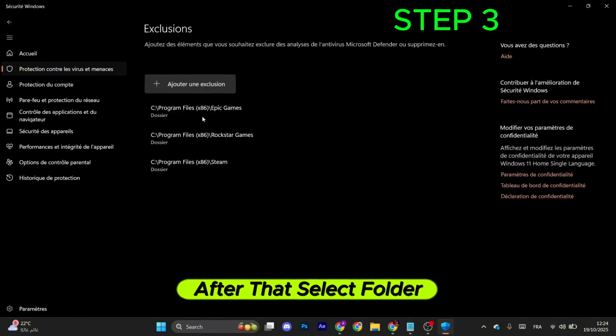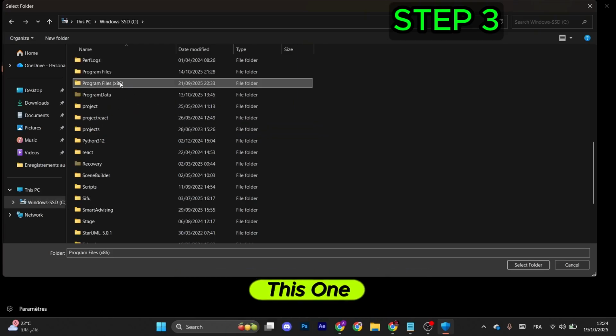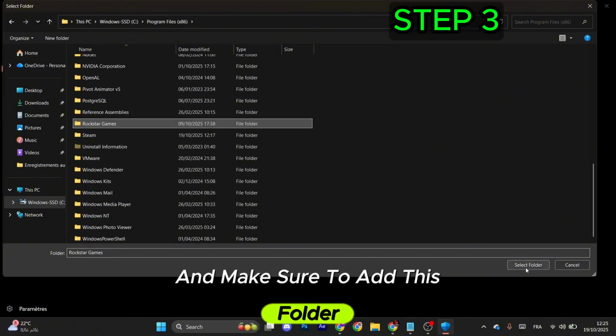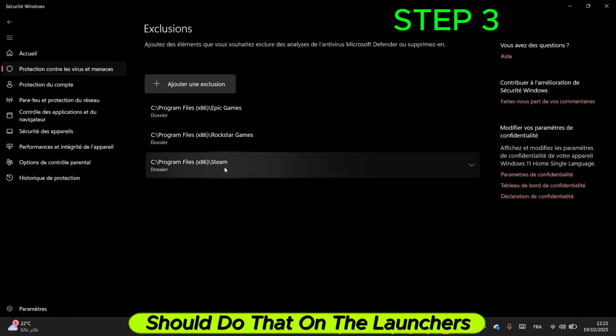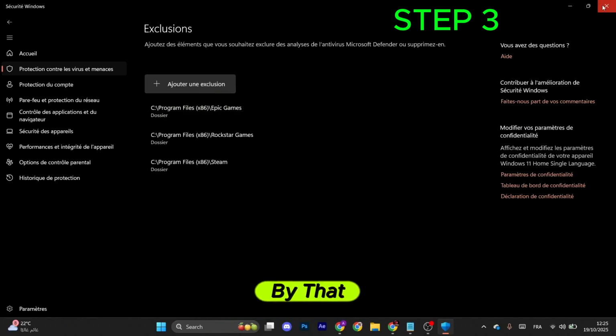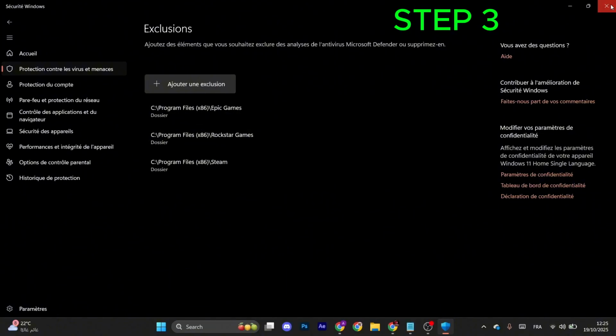After that, select folder. Now go to your C drive, look for Program Files (x86), open it and then look for Rockstar Games and make sure to add this folder. It will appear like this. Make sure to do that for the launchers you have: Steam, Rockstar, Epic Games. By that, any file that is related to that launcher will not be taken out by the antivirus as a